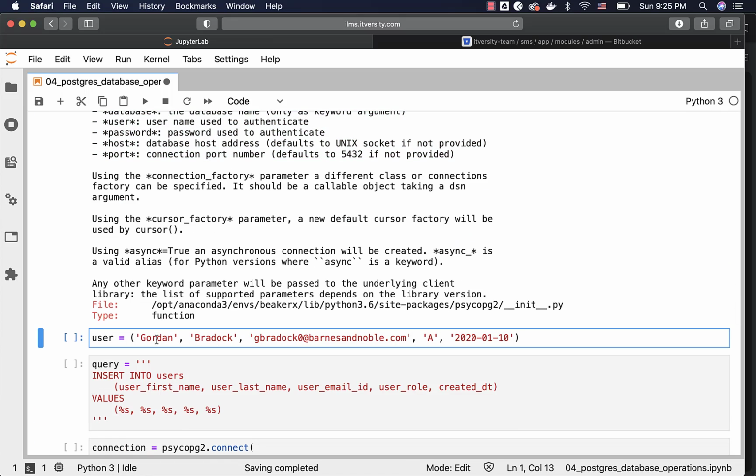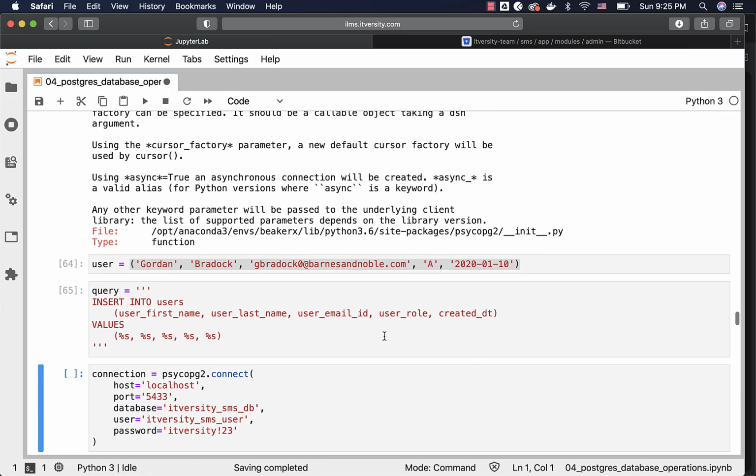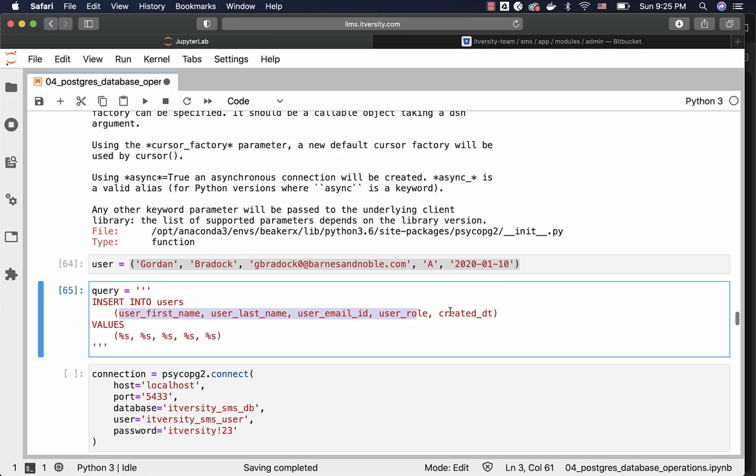Let me create the user object. It is of type tuple and it has 5 elements: first name, last name, email ID, user role and created date. This is the query. This is how the query string will look like. You have to specify all the columns as part of the circular brackets, and for each and every column as part of values clause in circular brackets, you have to set %s like this. As we have 5 columns here, I have